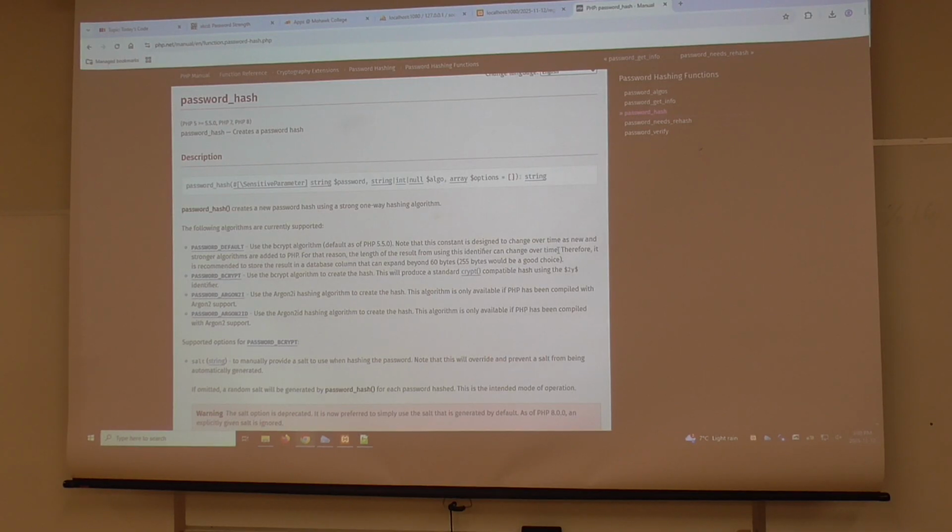So let me ask you all a question. Let's say you have a password database and you have encrypted everything according to PASSWORD_DEFAULT, and then the algorithm that means changes. What happens to the passwords that are stored in your password database?